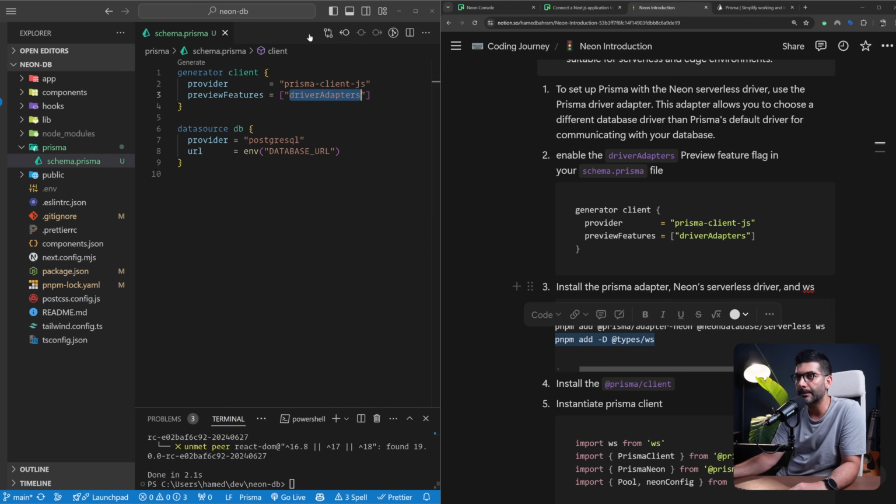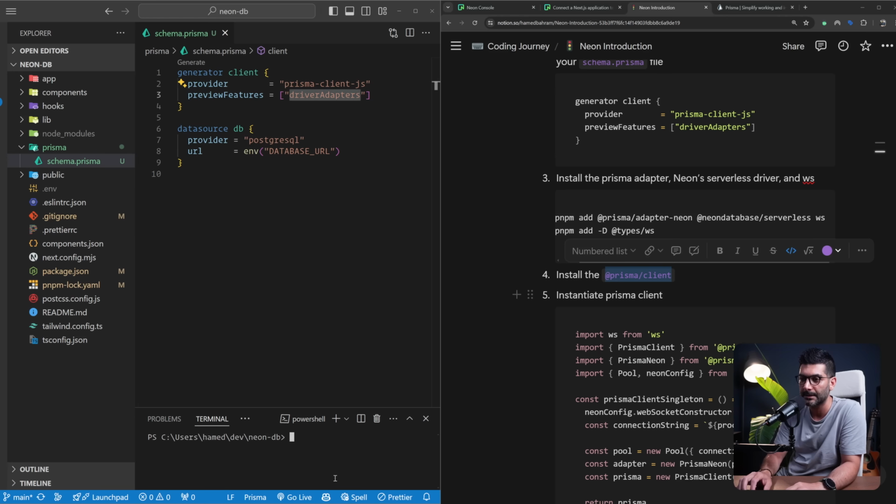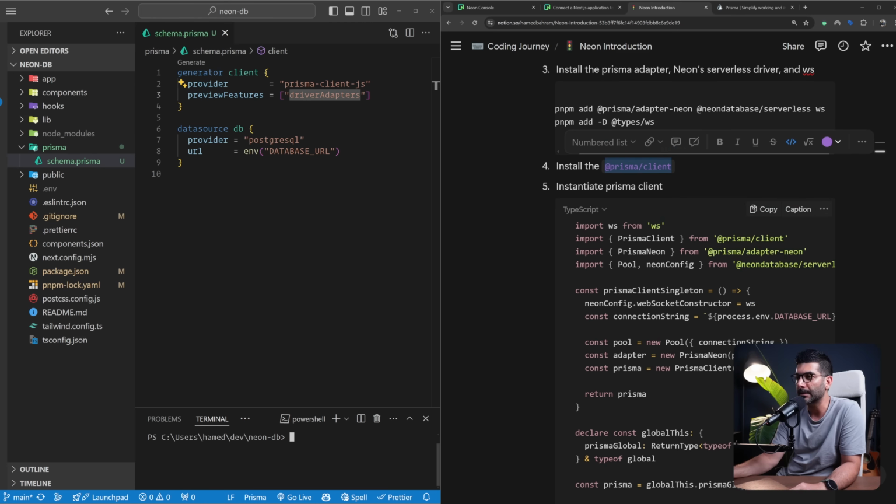Now in the next step, let's also install Prisma client. This may not be necessary if you run the generate command. It automatically installs this. But while we are here, let's also go ahead and add Prisma client. Now, anytime that you're working with Prisma, you're going to create a Prisma client that's tailored to your specific database schema, which makes it easy to run type-safe queries and access your different tables and different functions that's accessible through